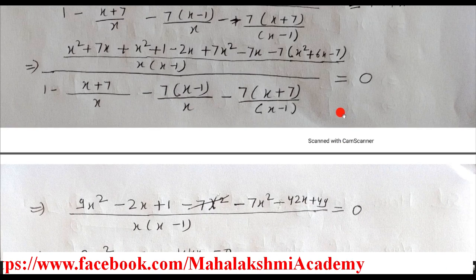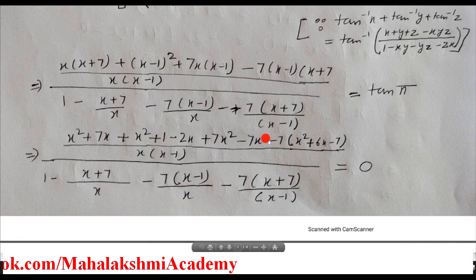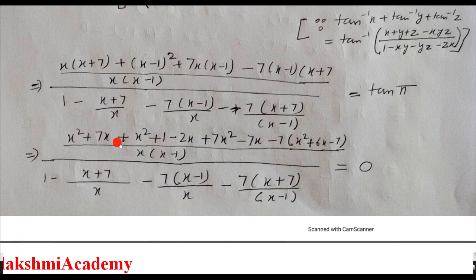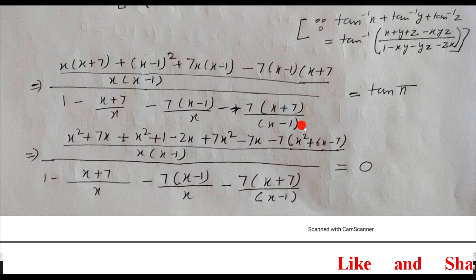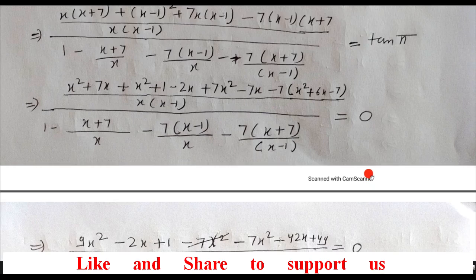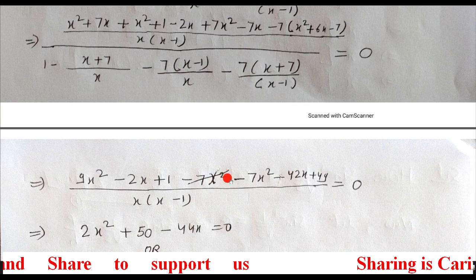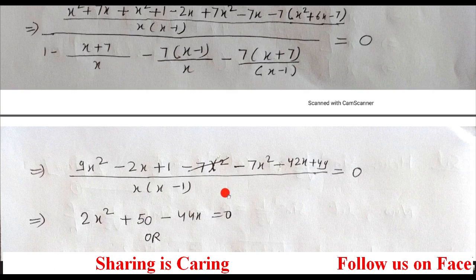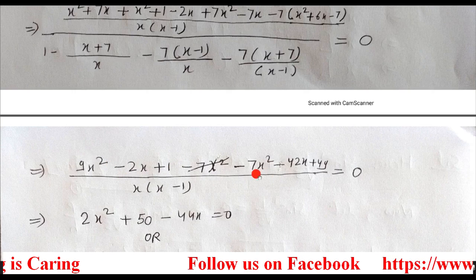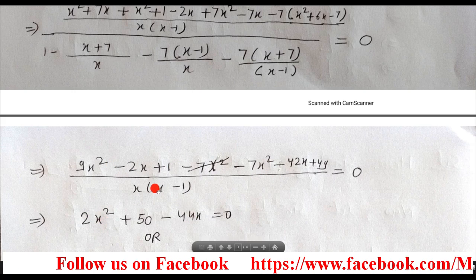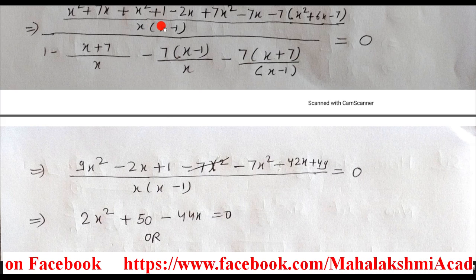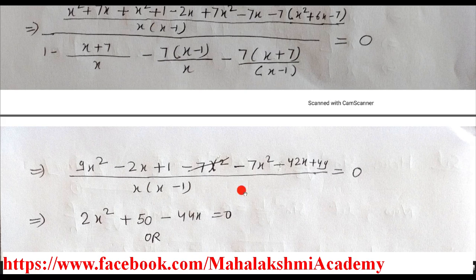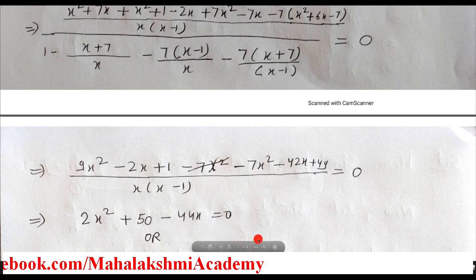So just see the next step. I wrote this fraction. Here, whatever the like terms are, x square, 7x square, and many x terms, we'll open this further bracket. I obtained this bracket by the product of x minus 1 and x plus 7. We'll simplify it, and that will give us this step. This I wrote twice, so I cancelled it. By mistake I wrote this twice. Now again we will simplify the numerator, and that will give us a quadratic equation. This denominator is the LCM we carried from here. Now this LCM will again multiply by 0 and become 0.